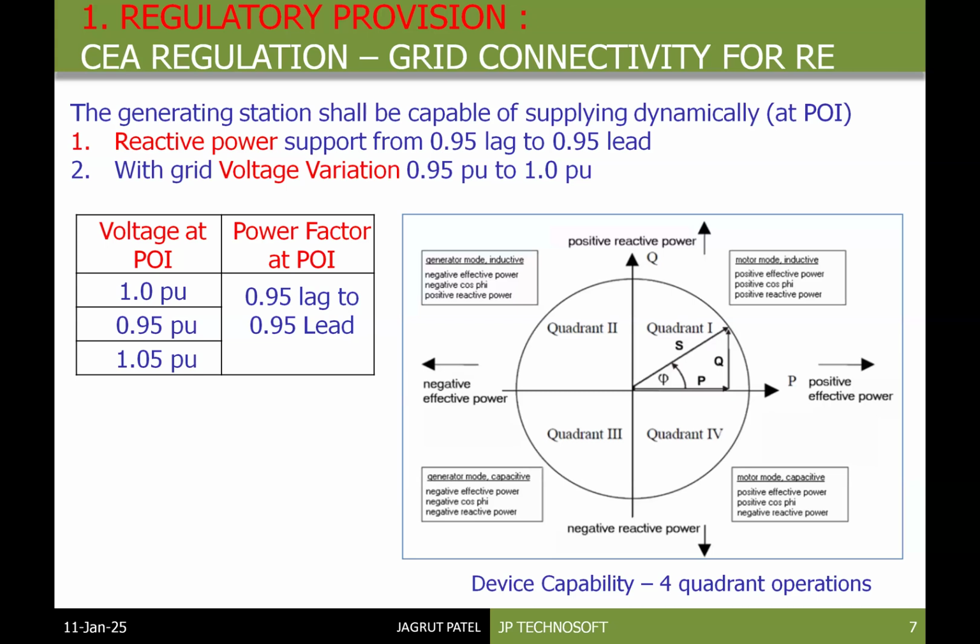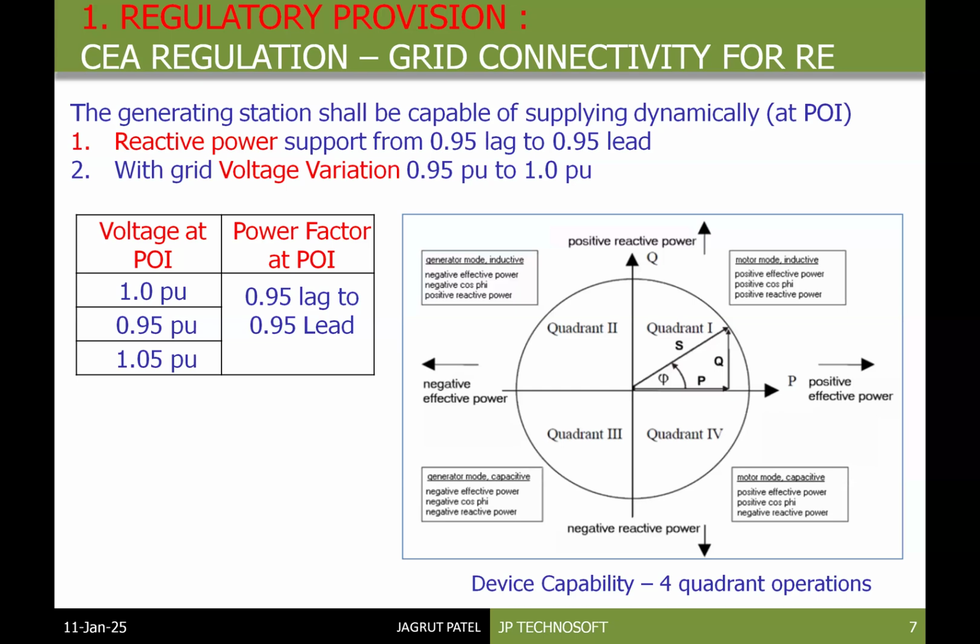Now, what are four quadrant operations? Imagine there is a solar power plant which is generating power during day hours only, but it has to maintain voltage and power factor at the point of interconnection with the grid. That means at the grid substation, they have to maintain this voltage and this power factor by implementing certain things in their own power plants. Irrespective of whether you are generating, during day hours you will definitely have generation, except for rainy days in solar power plants. So at that time, if you are delivering power, you may have to consume reactive power. But during night hours,